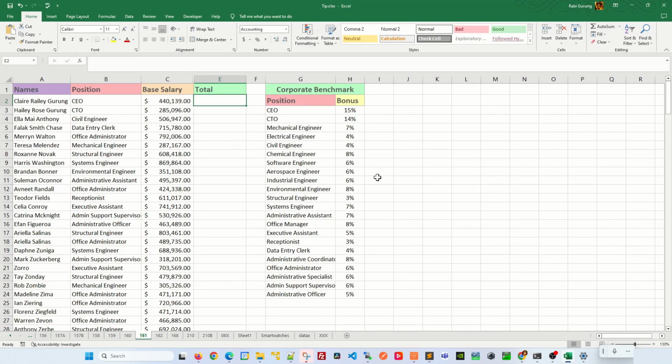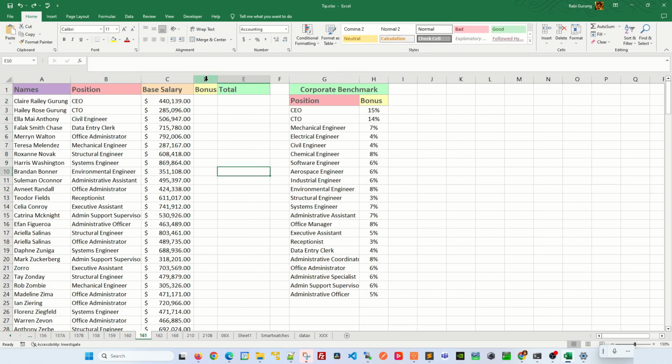Someone recently asked me how she can quickly calculate the total salary, if the total salary is actually a sum of base salary and the bonus that depends on the position in the company. How would you do that? Well, first of all, I'm going to introduce a new column called bonus itself and look up the bonus